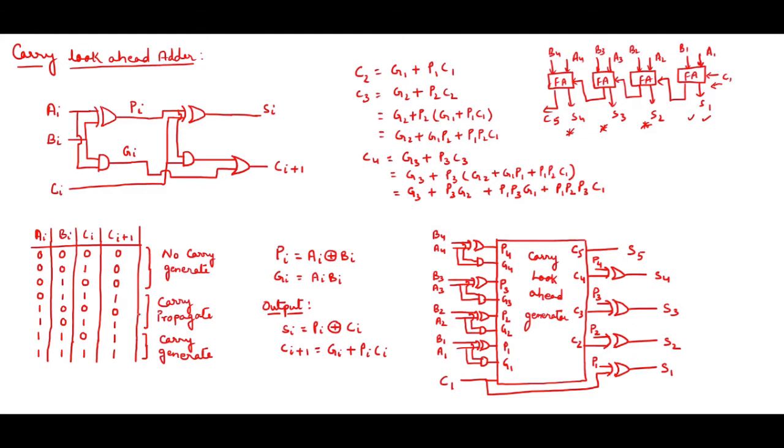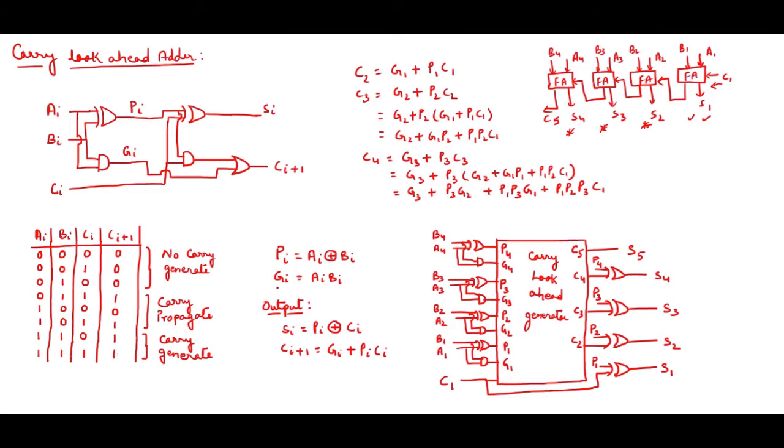Next three cases, if you see, carry is propagating: 1 to 1, 0 to 0, 1 to 1. Whatever is there, the carry is propagating over here, so I made it carry propagate. Last case, you see, when Ai and Bi are 1, I am getting a carry over here, irrespective of Ci. So I can say carry is generating over here when Ai and Bi are 1.